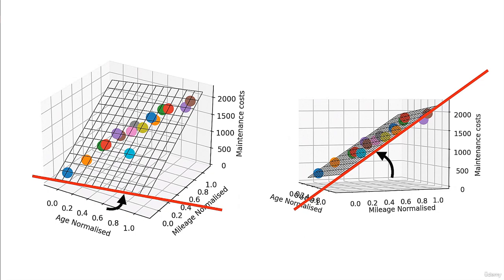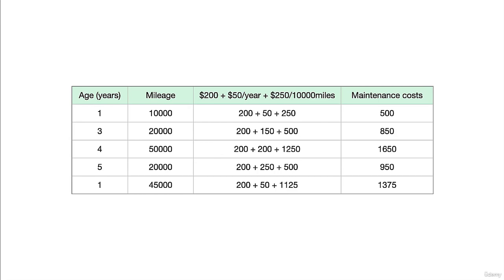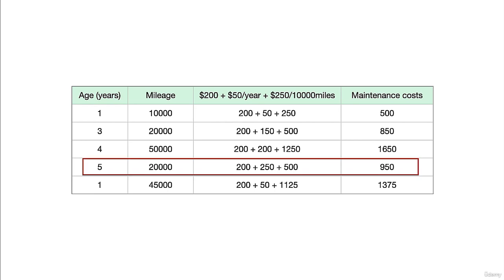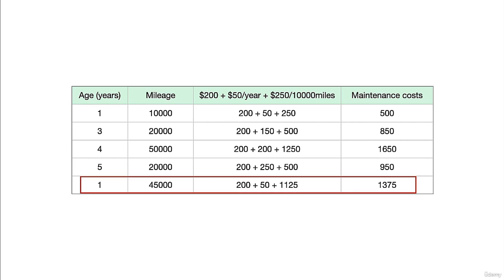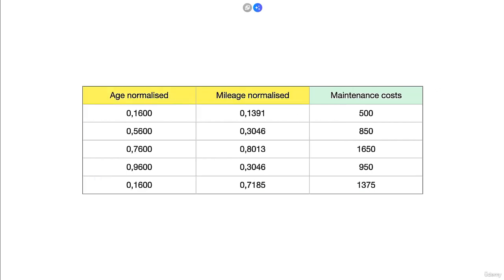It's time to test the system to see how well we are doing. Dave creates 5 test cars with the expected maintenance costs. Notice the car with a high age and low mileage, and the car with a low age and high mileage. Dave is curious if the network can predict the maintenance costs for these anomalies. He normalizes the values according to the normalization formula he used before. And now it's time to test the system.